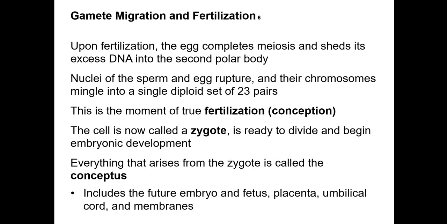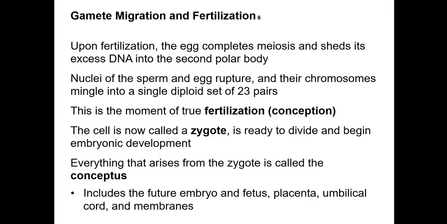Now, once fertilization occurs, the egg will complete that second round of meiosis. It will shed its excess DNA into that second polar body, and at that point, the nuclei of the sperm and the egg can essentially merge, and their chromosomes can merge into a single diploid set of 23 pairs of chromosomes. And so this is when true fertilization is going to occur. This is when we have the zygote, which is ready to develop into an